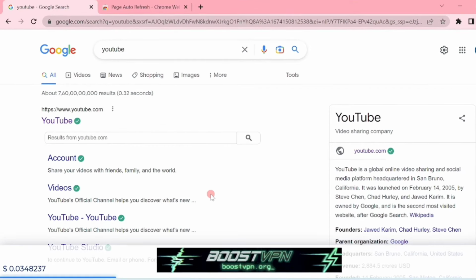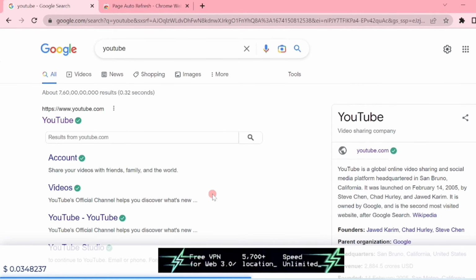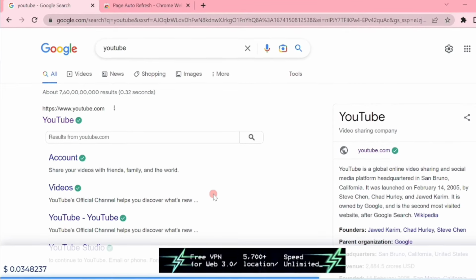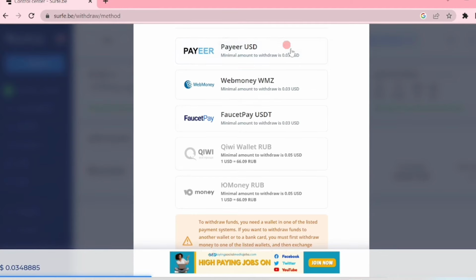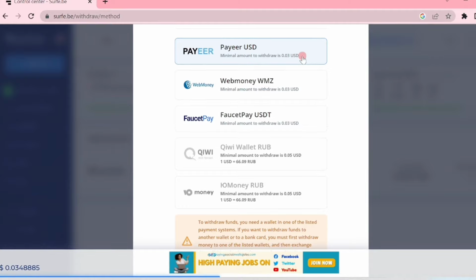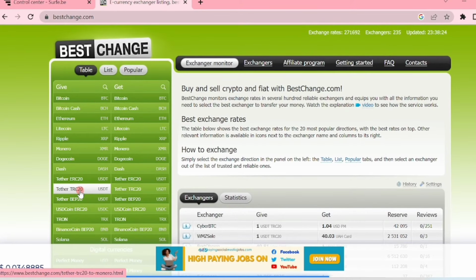You can just simply run this process only once and keep your phone or device aside, and your device will keep making money fully on passive. You can withdraw the money in Payeer Wallet, and minimum withdrawal amount is just $0.03. If you want to get money in PayPal account, go to website name BestChange, and here select from